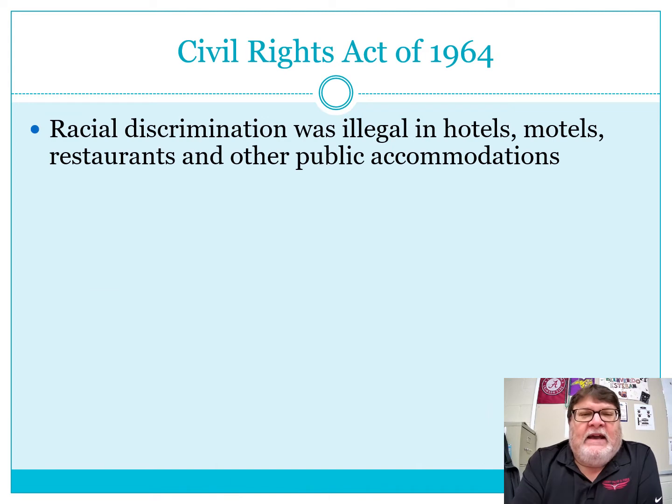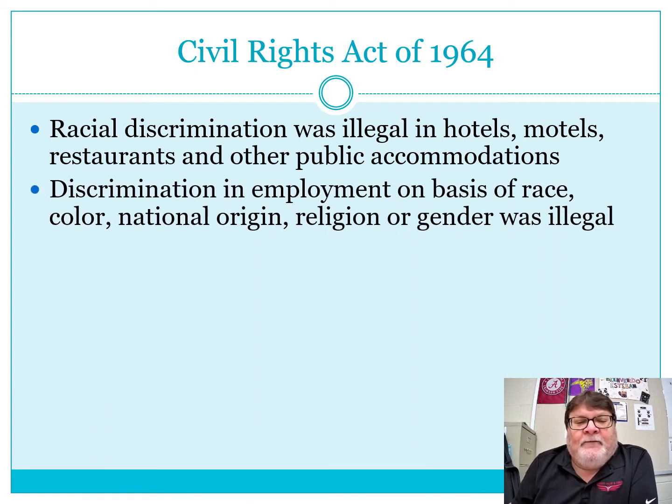Okay, first of all, in addition to the idea that came from Brown, which was desegregation in public schools, now it's going to bring from the federal level the idea that racial discrimination was illegal in public accommodations, so hotels, motels, restaurants, those kinds of things. So making that illegal as well. So you get rid of things like the segregated lunch counters and the separate water fountains and all of those kinds of things that we've seen, at least from history, about that time period.